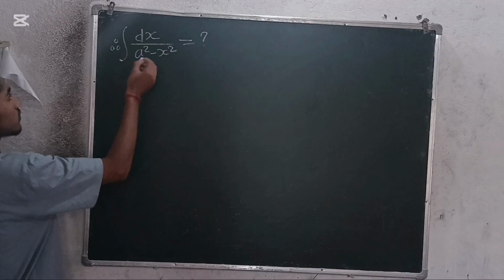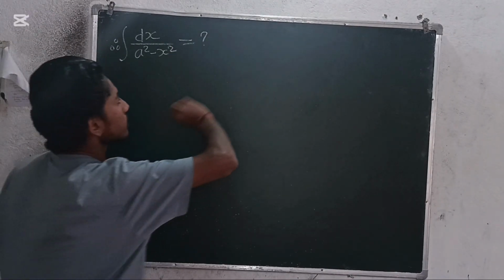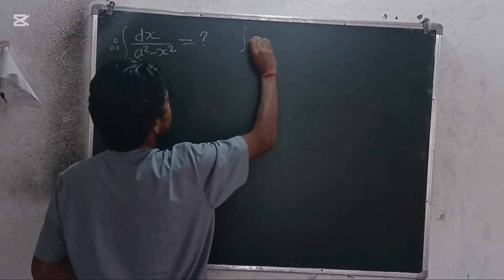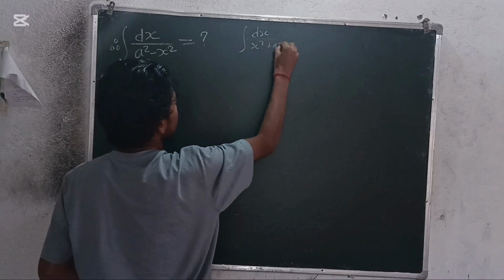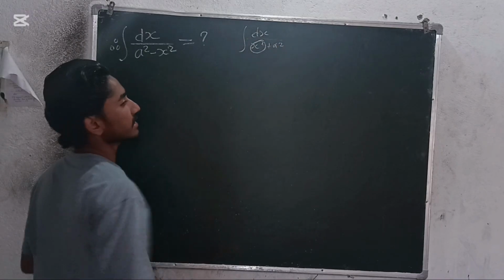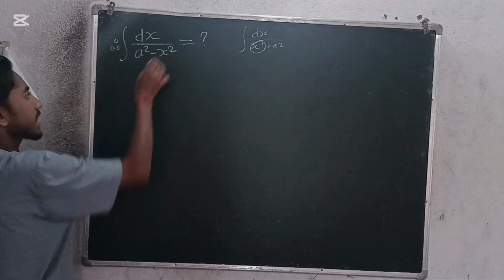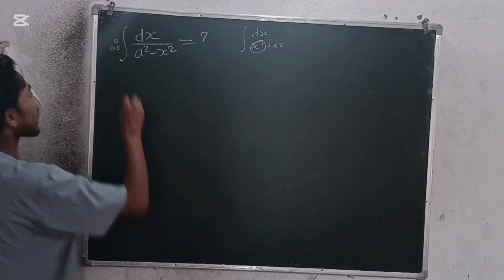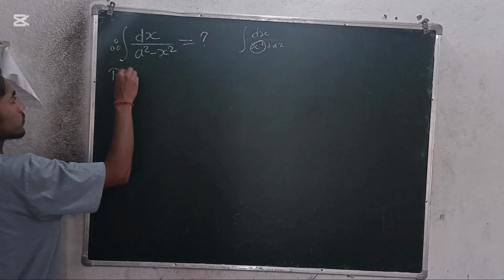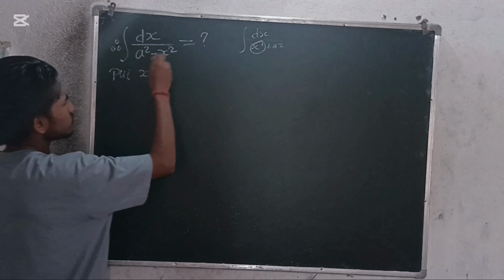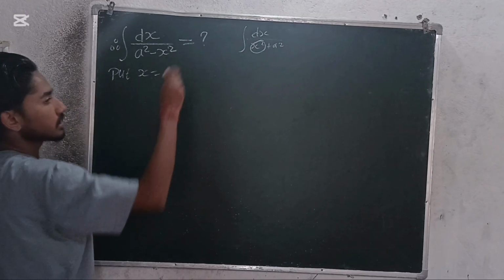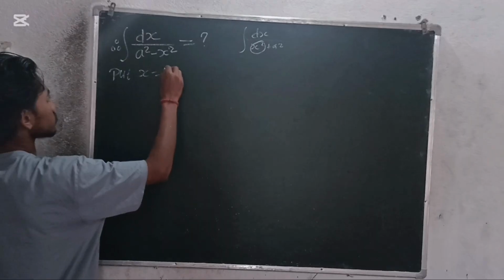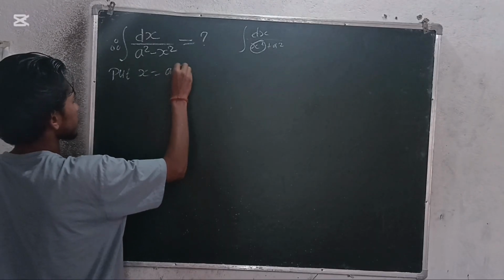In my earlier video on integration of 1 over x squared plus a squared, I had put x as a tan theta. The same tan theta would not work here, so we have to make another substitution. You can put anything, a sine theta or cos theta, depending on your choice. So let us choose x as